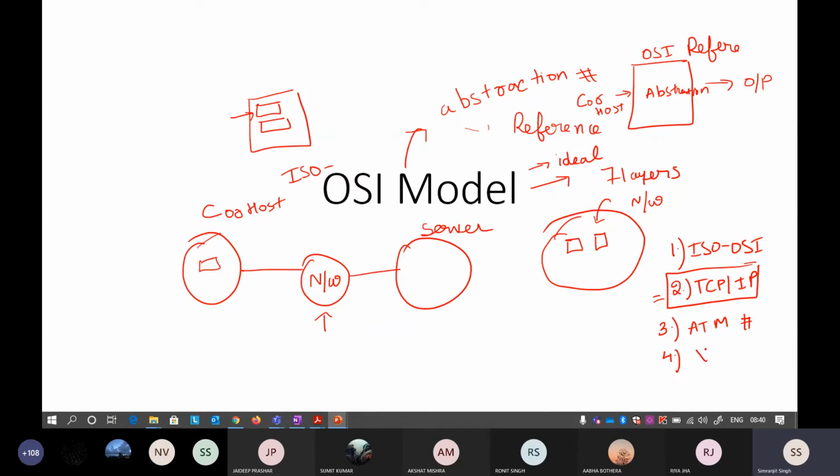There is another architecture like X.25, and there are other architectures that are based on very recent IEEE standards. So these are various kinds of architecture. The first two architectures I'll discuss in detail, because if you understand the first architecture, the second is based on the first. There is very little difference between these two. The others are totally different.